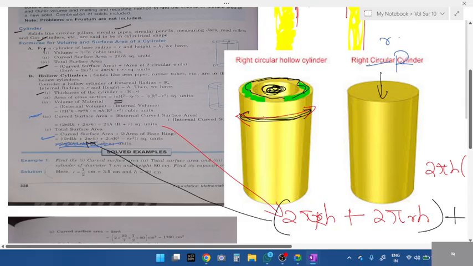So curved is just the outer part, students. Okay, not the top and bottom. Don't consider top and bottom. If you talk about total, you should consider everything. Just because two cylinders are given here, we need to add both. And when we talk about the top part,